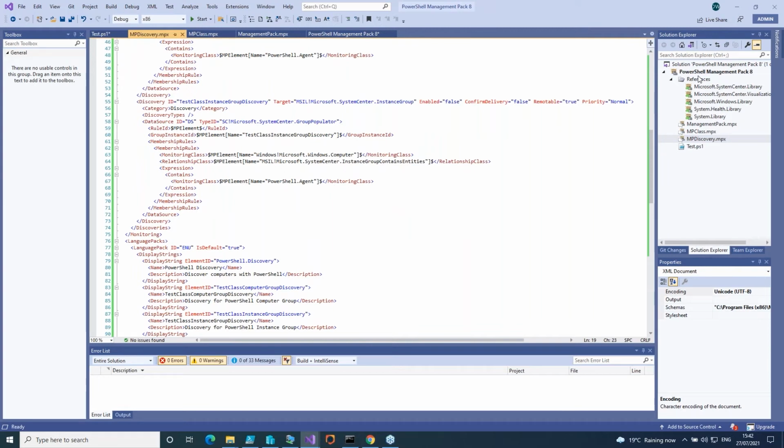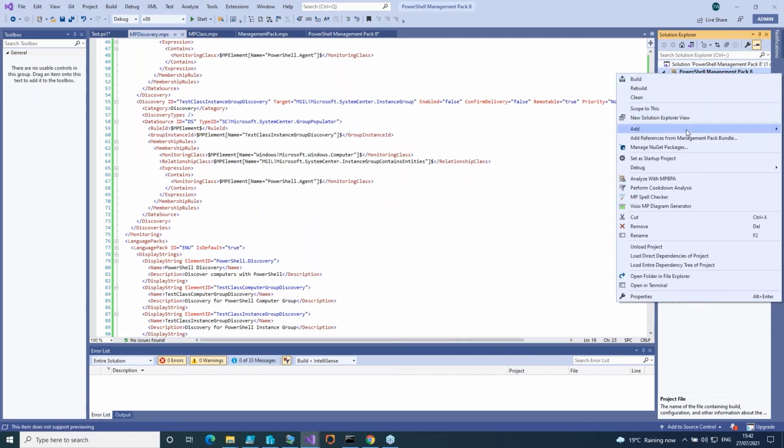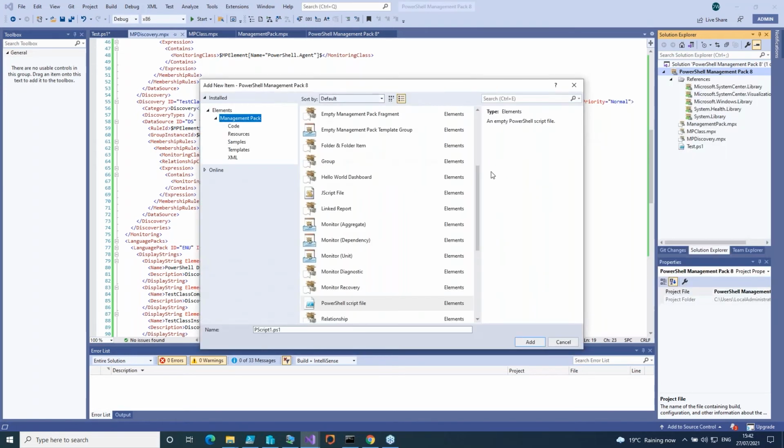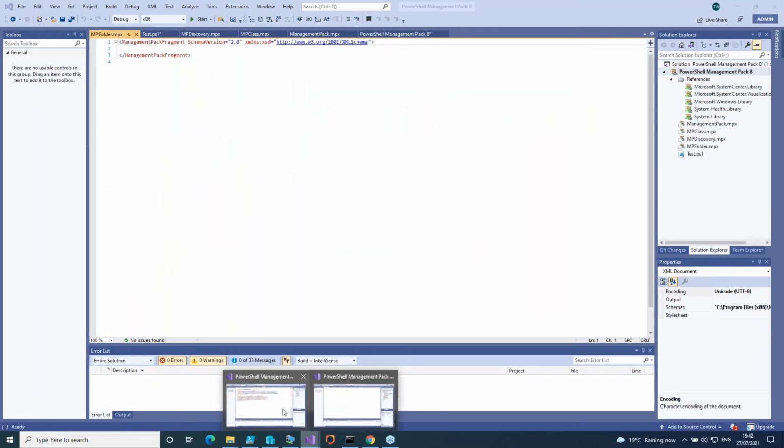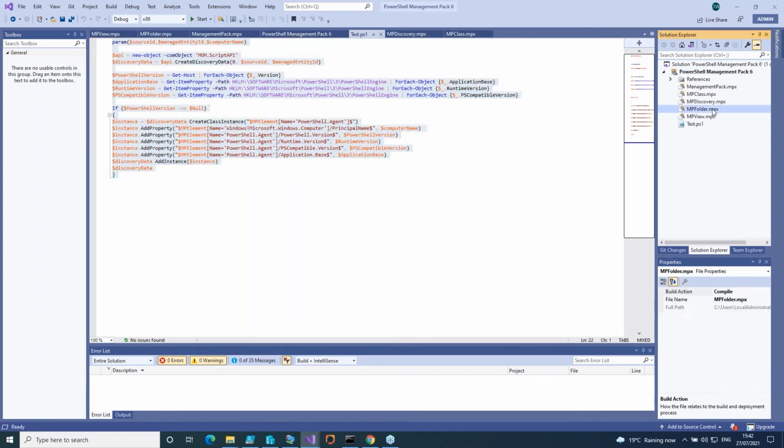So now that we've got this here, there are two things that we're missing actually. One is the actual folders. So if we import this right now, we'll have no folder showing in SCOM. So having this management pack at this point would be kind of pointless. So we're going to go and create another one for the other piece of the fragment, which is the folder structure. So I'm going to go to the folder here,